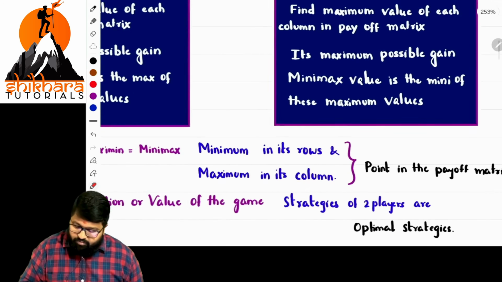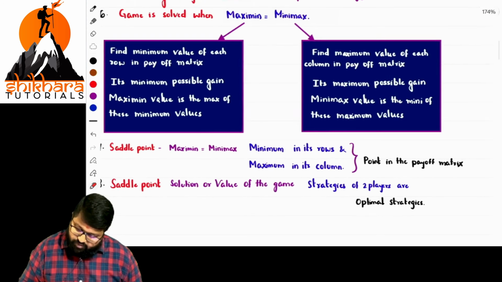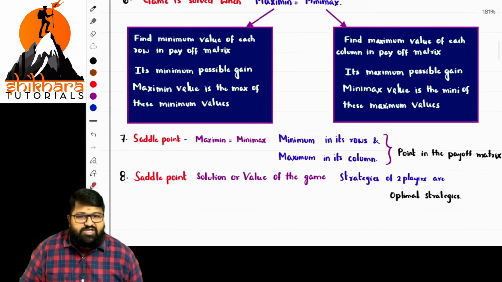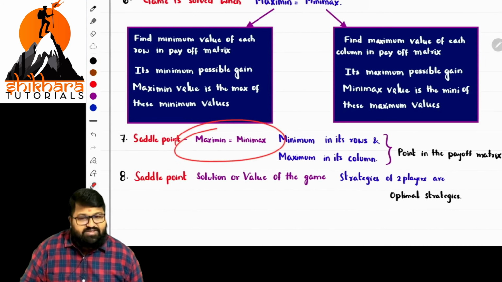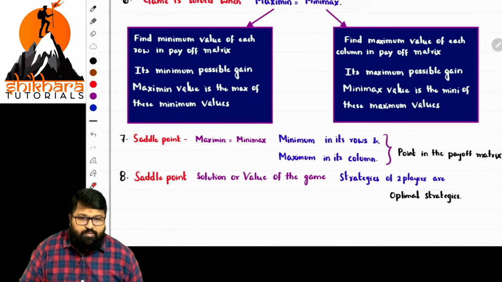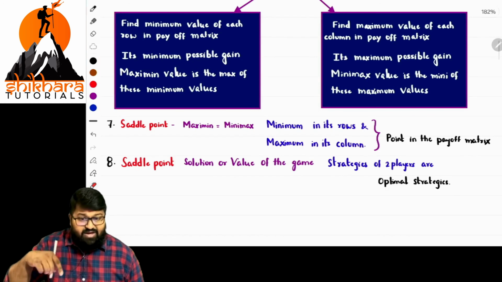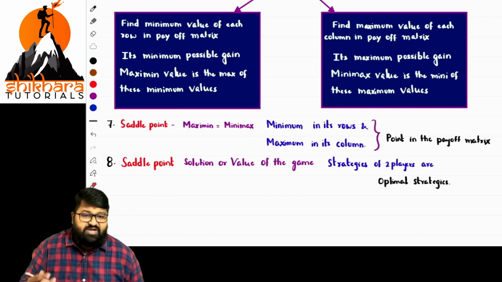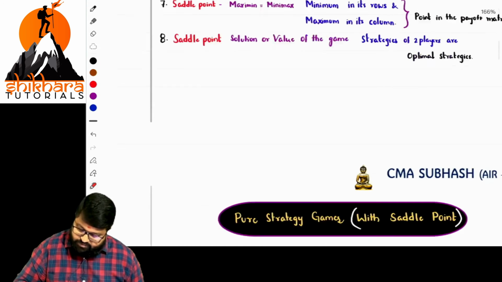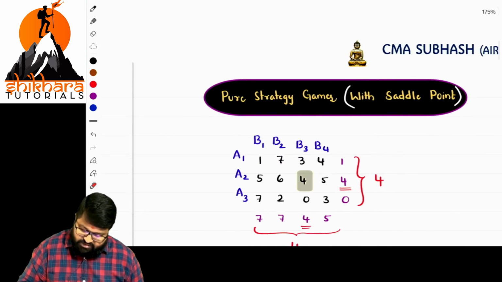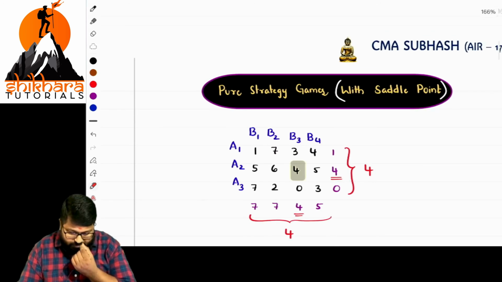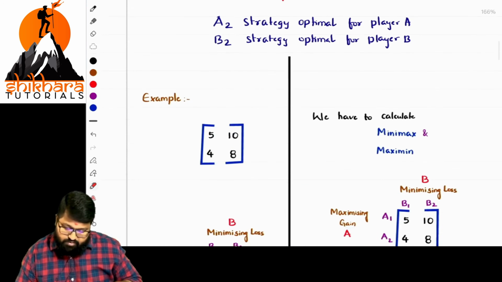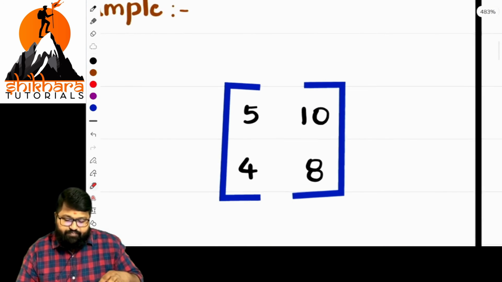Let us go with the problem. That will be more clear. So, saddle point: when both maxi-min and minimax are equal, then we reach a saddle point, and whatever value we get there will be the optimal strategy point. Next, let us go with the pure strategy for this. This is for example.